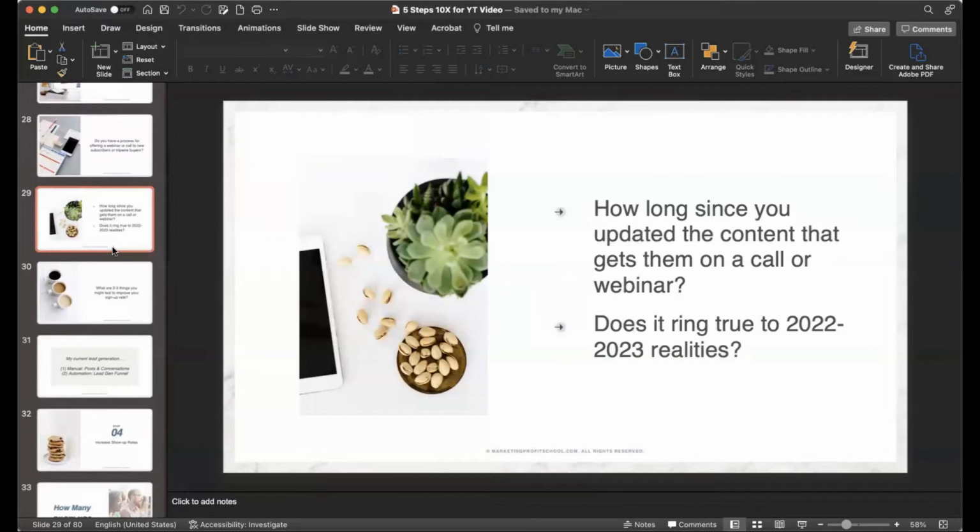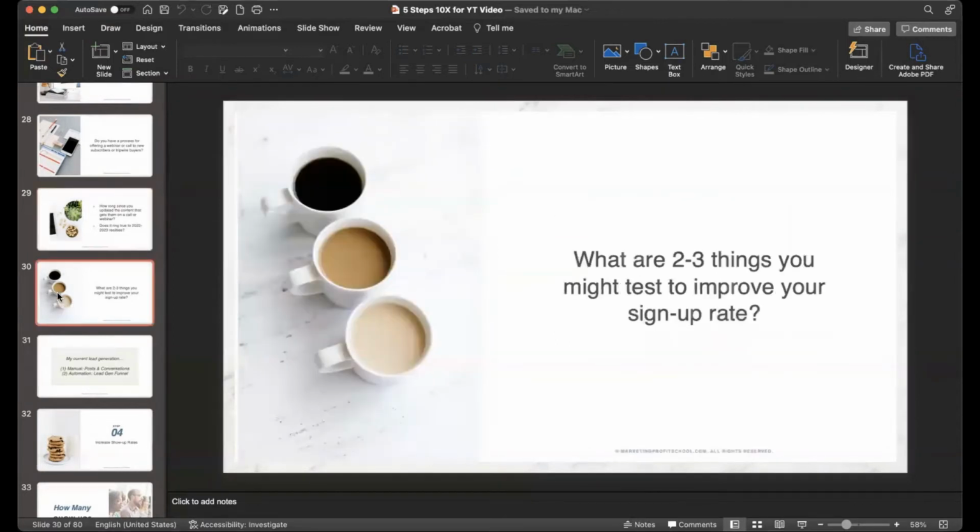So how long has it been since you've updated the content that gets them on a call or a webinar? Does it ring true for 2022, 2023 realities? Or are you still kind of running that 2018 stuff? Go back and look and see what needs to be updated. And then what are 2 to 3 things you might test to improve that sign-up rate? So whatever that offer is, whether it's a strategy call or a discovery call, or whether it's a webinar, look at 2 to 3 elements of that offer and see what you might be able to split test to improve